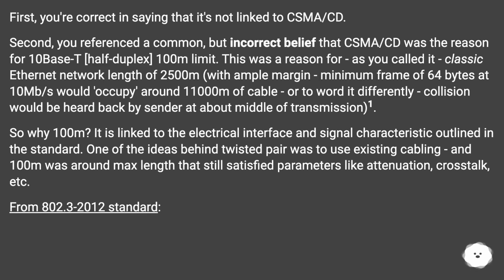So why 100 m? It is linked to the electrical interface and signal characteristics outlined in the standard. One of the ideas behind twisted pair was to use existing cabling, and 100 m was around the max length that still satisfied parameters like attenuation, crosstalk, etc. From the 802.3 2012 standard: